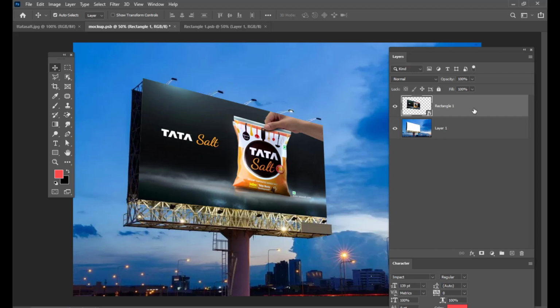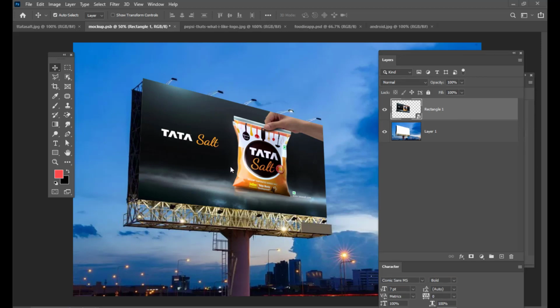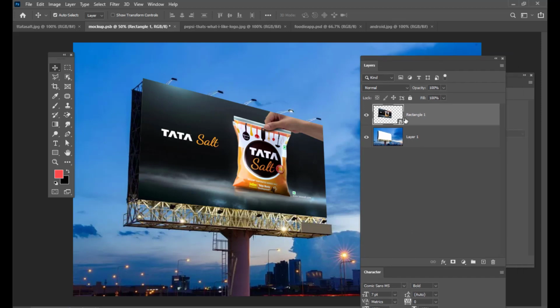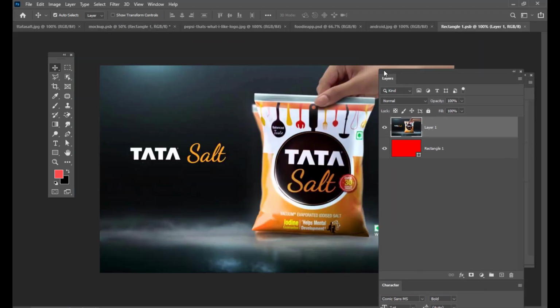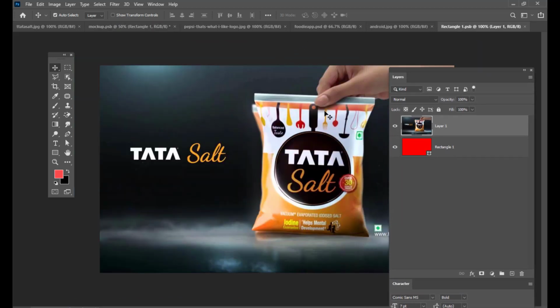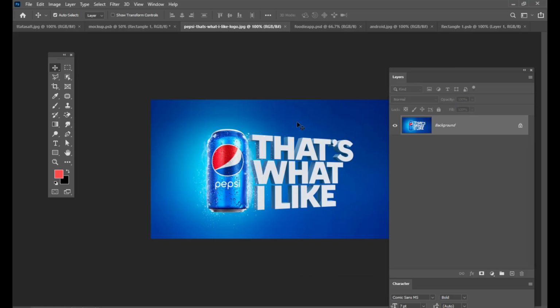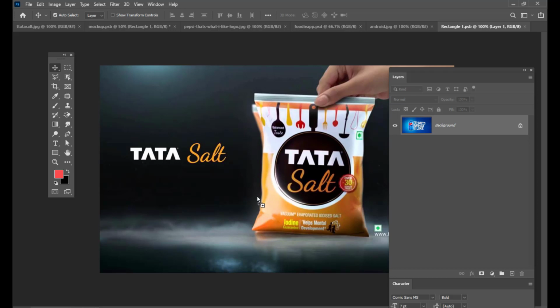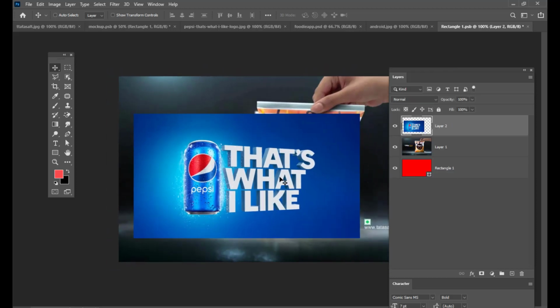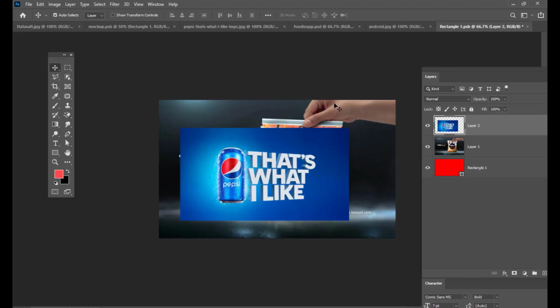If you want to put one more advertisement, you can. I am going to double click on this rectangle again, so we are once again inside the smart object. Now I'm going to drag one more advertisement and place it on top of this Tata Salt advertisement.